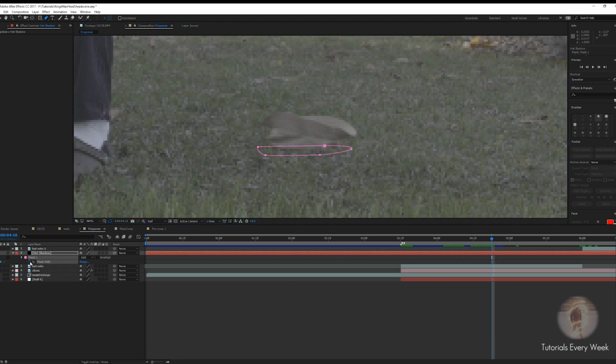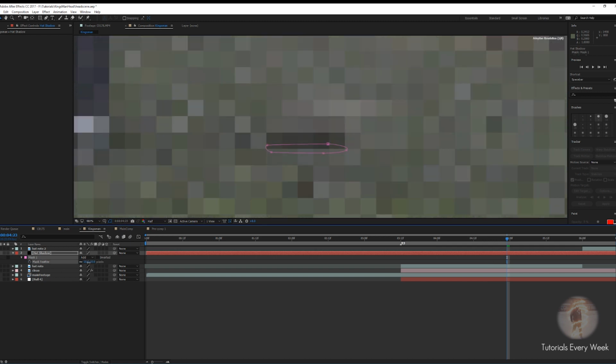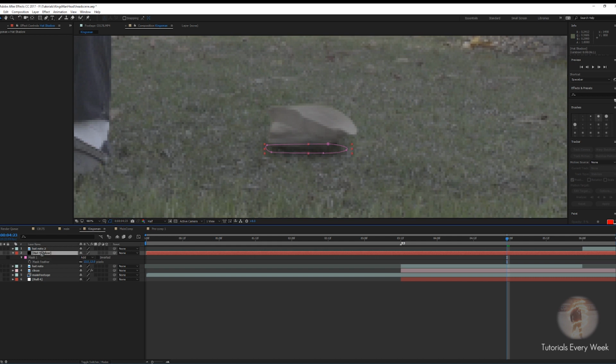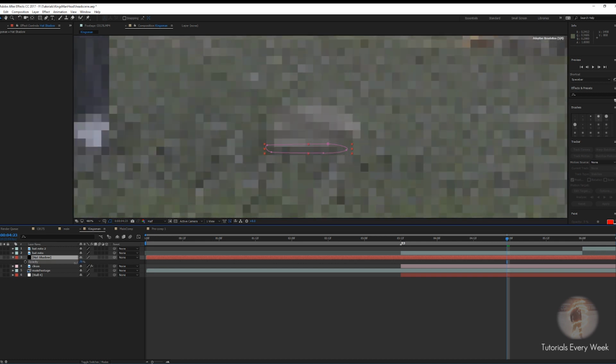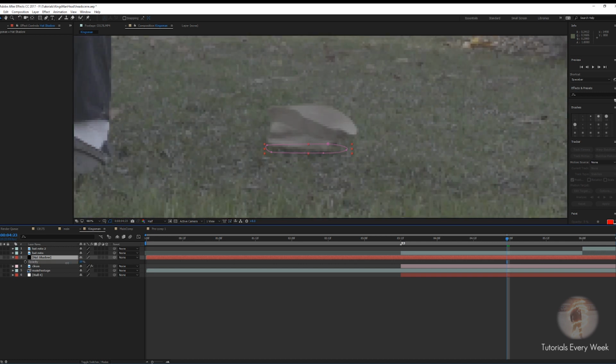Make sure you press mask path, because if you don't, you'll be spending a lot of time moving things and it doesn't keep track of it. Alright, let's unsolo that. Press F, feather it a bit. And then you want to put it under the hat. Press T and lower the opacity so it's